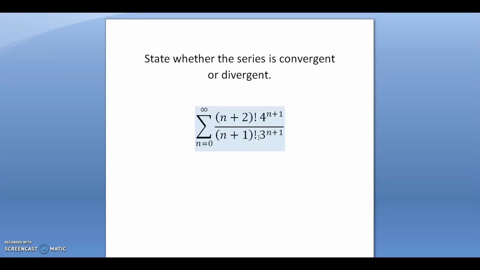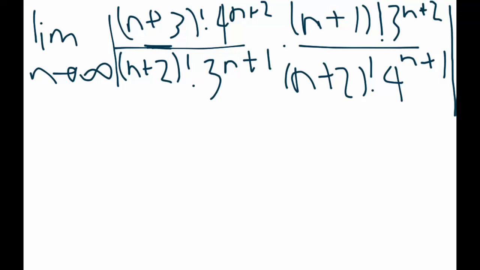For the first question, state whether the series is convergent or divergent. Since there's a factorial in this series, we're going to use the ratio test. So the limit as n approaches infinity of the absolute value of (n plus 3) factorial times 4 to the n plus 2 over (n plus 2) factorial times 3 to the n plus 1, times (n plus 1) factorial times 3 to the n plus 2 over (n plus 2) factorial times 4 to the n plus 1,